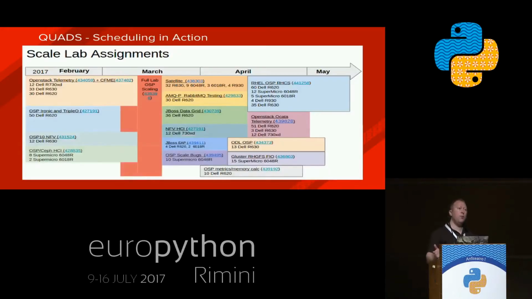I'll give you an example. Let's look at some pictures, because everyone likes pictures. This is an example of some of the scheduling that we do automatically, from February to May of this year. You can see how we've very efficiently done back-to-back scheduling of all of the machines in the environment. You can see 4 to 5 parallel running workloads, testing different products, different scale, different aspects of different